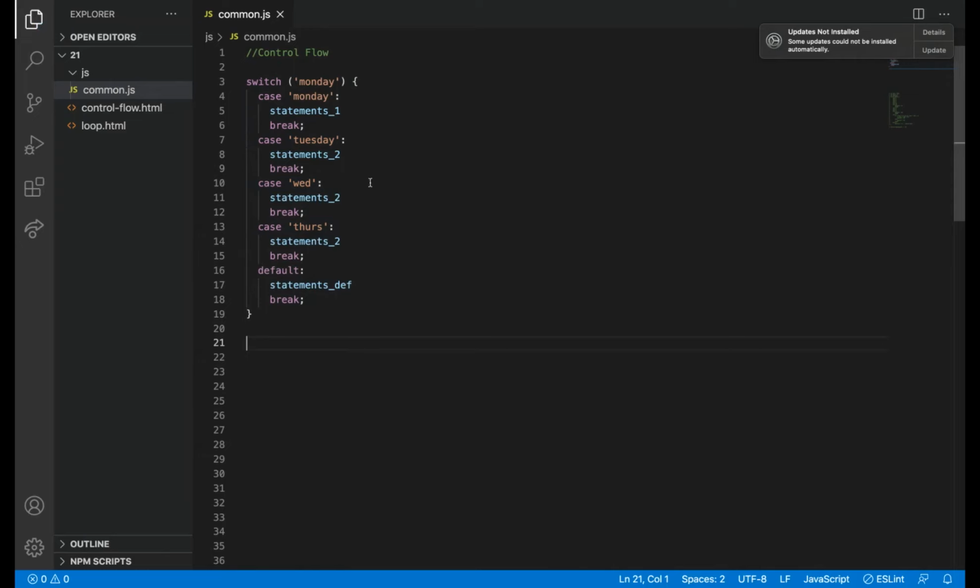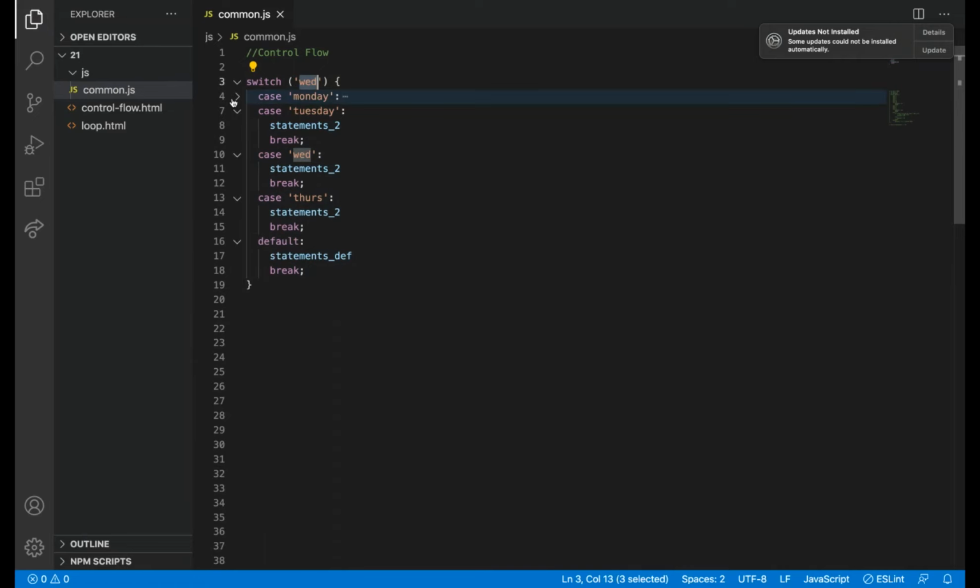Fine. So if I'm passing Monday here, let me pass Wednesday. It matches with the case label first here, and then here, and then here. Yes, it got satisfied, and then it executes this statement.